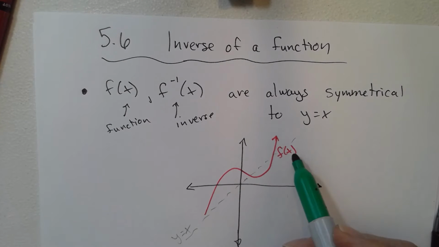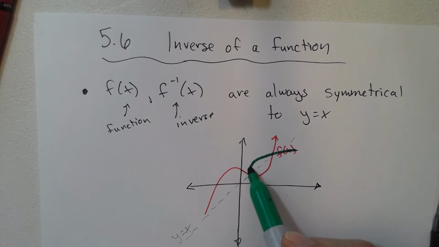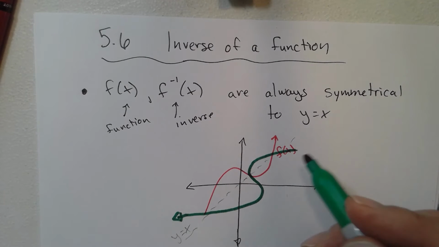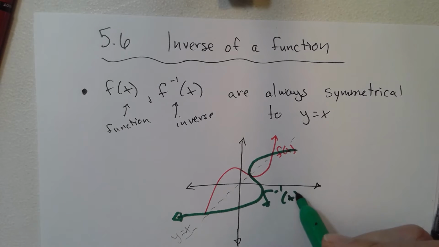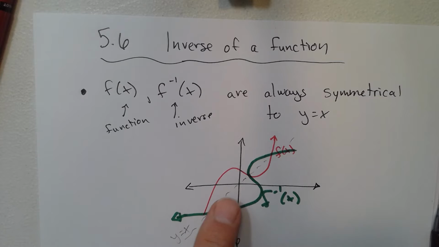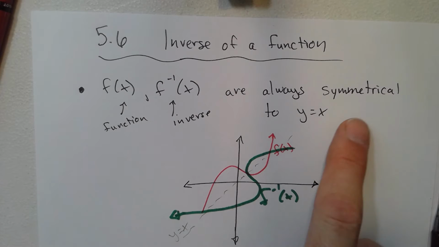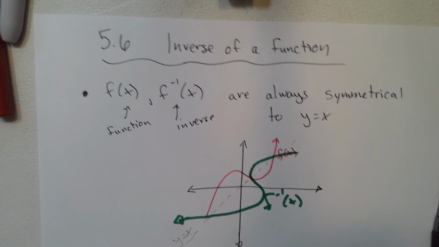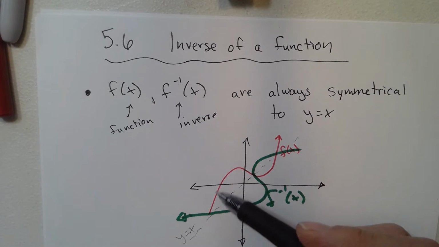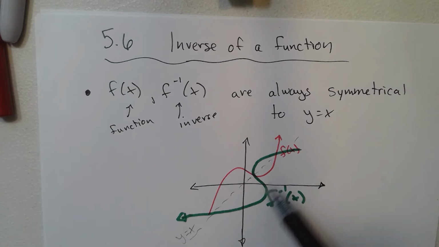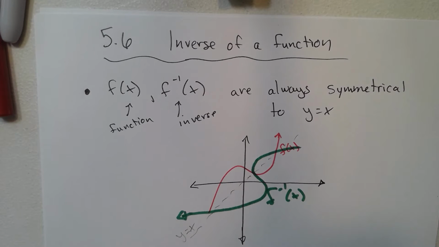This is y equals x. So this is what the inverse is going to look like, and you can see that's f inverse of x. If you folded it right on the line y equals x, it's going to land on the original. So f of x and f inverse of x are symmetrical with the line y equals x. Okay, so that's the first characteristic of inverses. So if I knew that this red one was the function, its inverse is going to be symmetrical with y equals x. Another characteristic is the domain